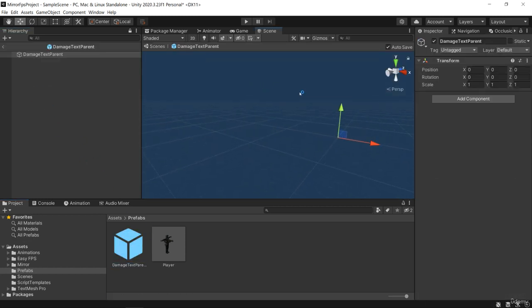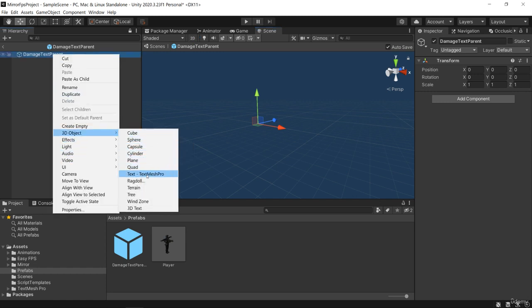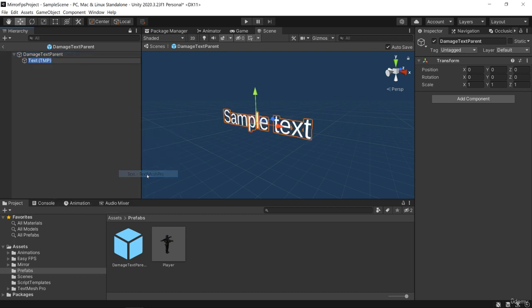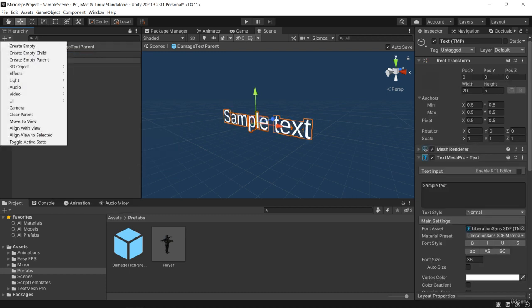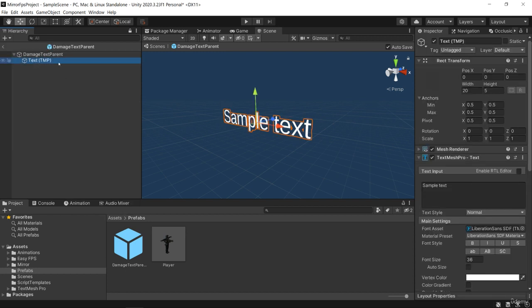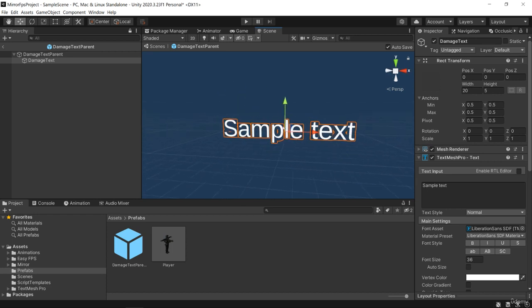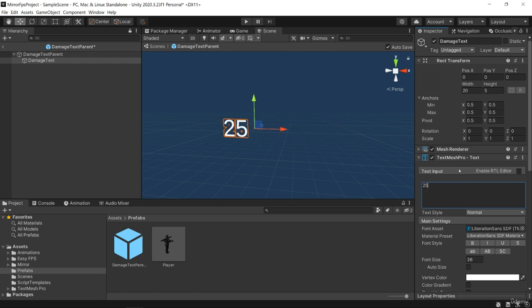Open it by double clicking on it, and now we will create a text, but not a normal text. In the 3D objects we will create a TextMeshPro text. Make sure that you created it from the 3D objects, not from the UIs. And now we will name it damage text, and we will change its text to our current damage. Our current damage is 25, so we will type 25 in the text part,